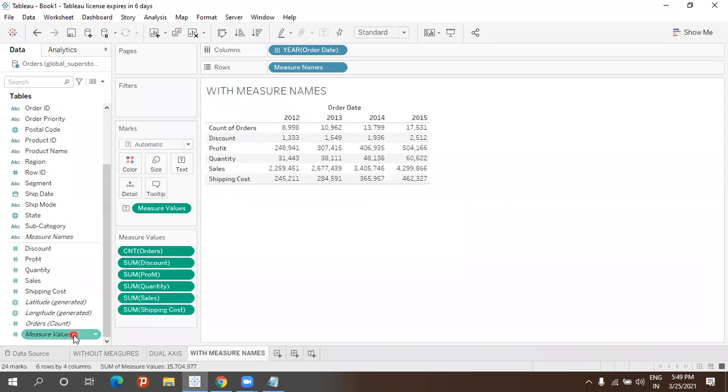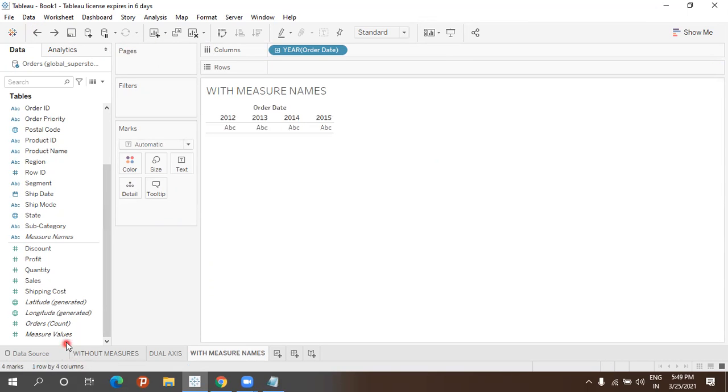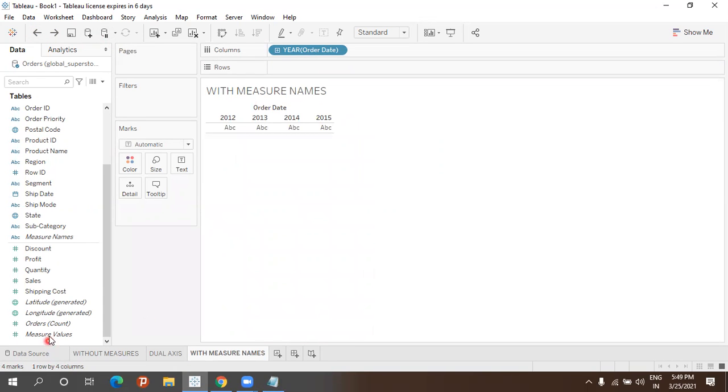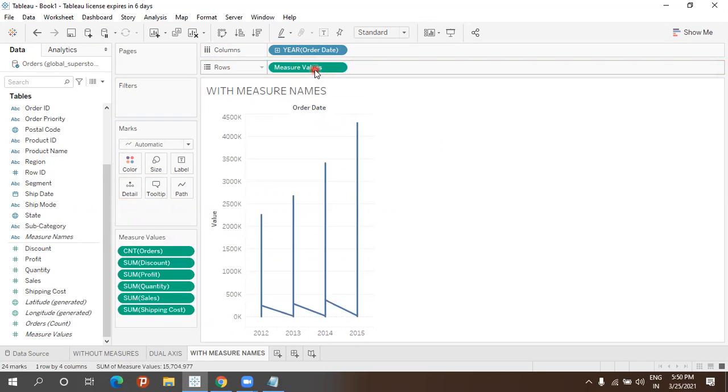I just double click on the measure values and then you can convert into charts. That is also not a problem. But as of now, just drag and drop measure values into the rows. I double click, we are getting textual format. When I drag and drop, I automatically get this visual format. Just see. After this order date, drag and drop this measure values into the rows to get the visual format. Then drag and drop the measure names.